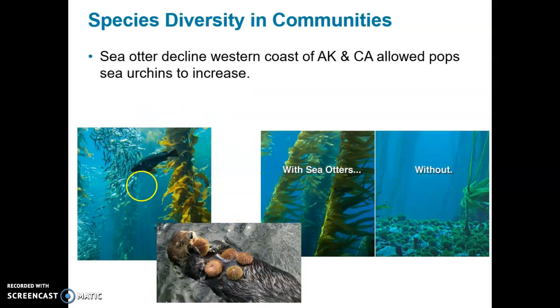Another example, the sea otter. Its declines along the coasts of Alaska and California allowed the population of its favorite food item, the sea urchin, to erupt. What the sea urchin likes to eat are the algae, the kelp, and especially their holdfasts on the rock. So with the high abundance of sea urchins, because the sea otter's populations dropped due to hunting, the sea urchin numbers exploded and they decimated the kelp beds, and the kelp beds offer protection and habitat for many, many fish in the coastal